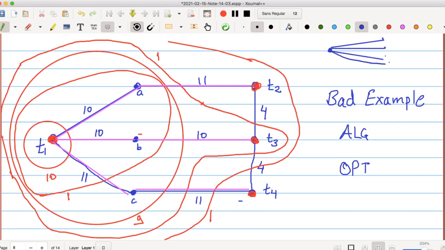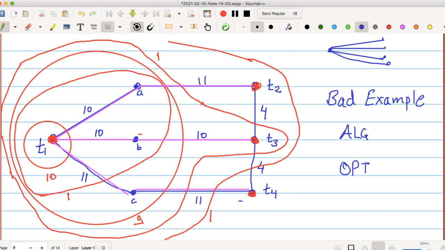And this could be a really bad solution because a better solution might be that you use the connections between the terminals T2, T3, T3, T4, and so on, which we have not been using in this algorithm. So this algorithm somehow is not giving any of these edges which are connecting T2 and T3 and T3 and T4. And this is happening because we are focusing on only one terminal.